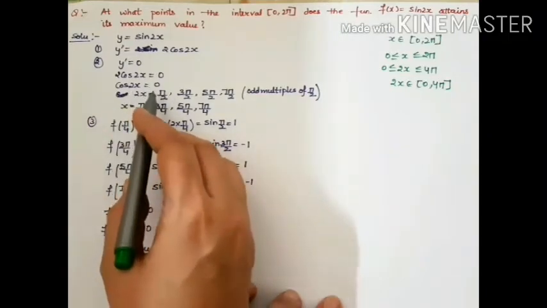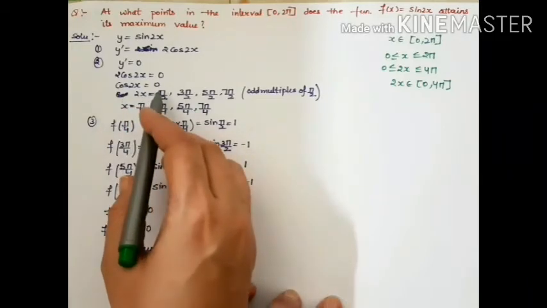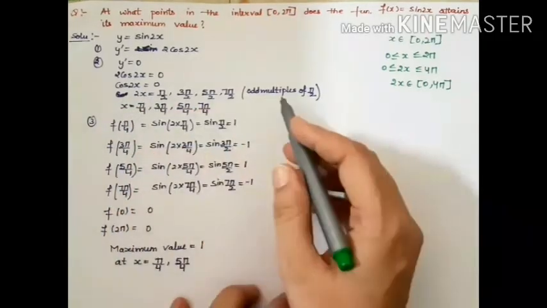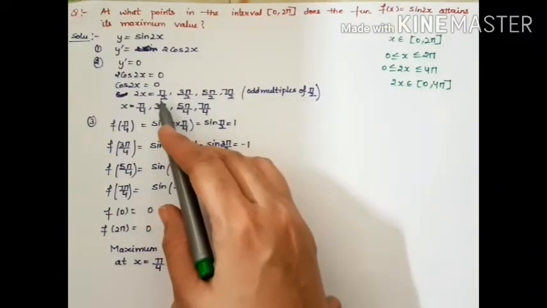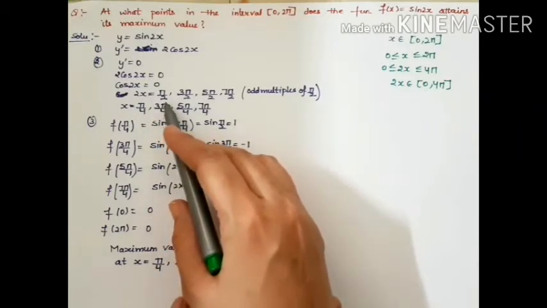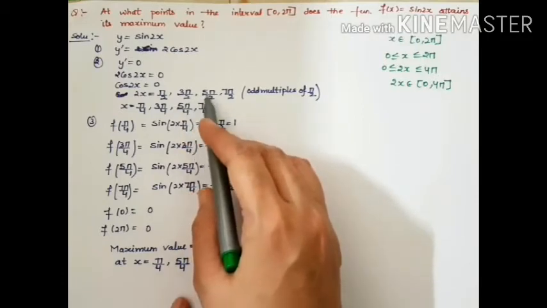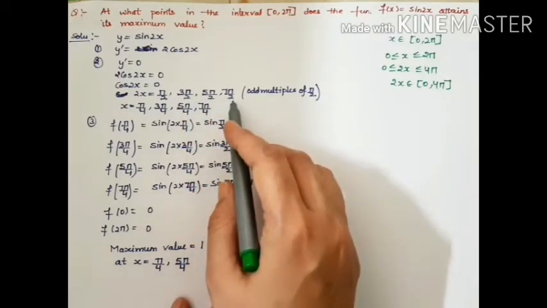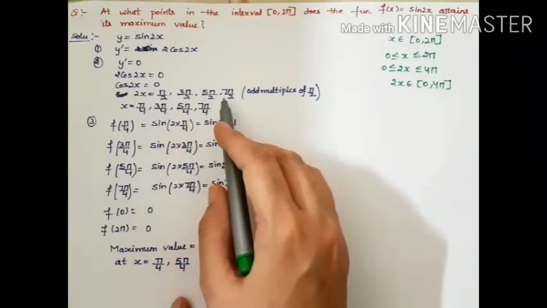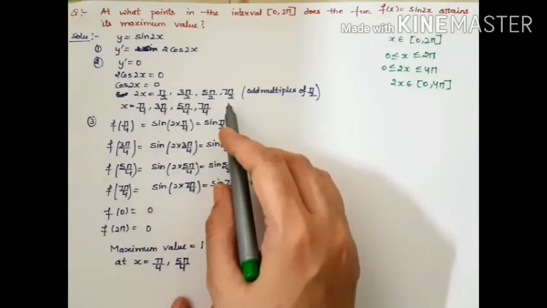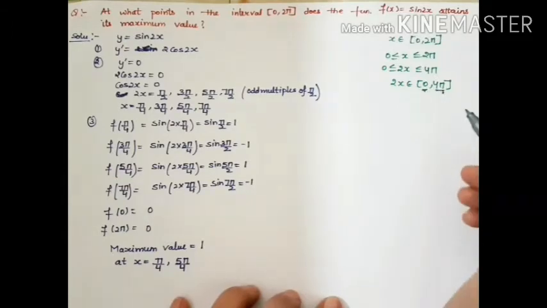Now we already know this thing, we did it in class 11th also, that cos x is equal to 0 means all the odd multiples of pi by 2. These angles are going to give you value as 0. So I can take pi by 2, the other odd multiple will be 3 pi by 2, and same way I can take 5 pi by 2 and 7 pi by 2, and you can clearly see, you can put pi as 180 and can clearly see that all of them belong to this range. They are within 0 to 4 pi.